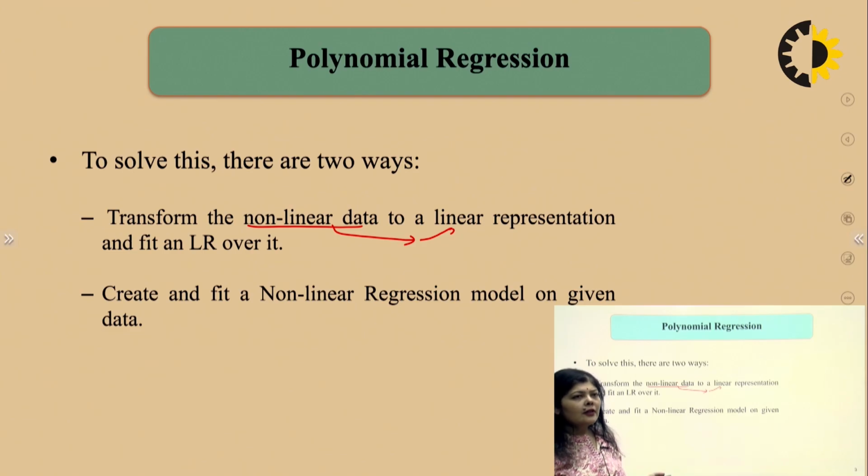And of course, the prediction error is now going to be minimized, because we have already converted the data from non-linear to linear representation. The other way is that we can choose or fit a non-linear regression model, which is